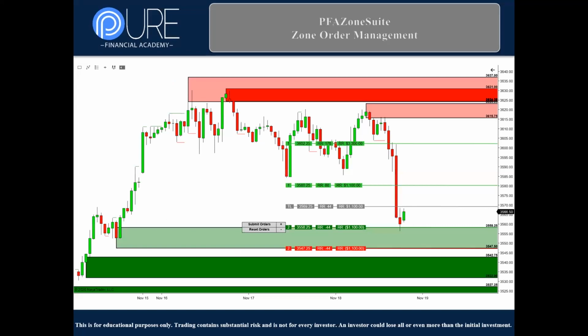So next we'll look at, as I mentioned before, the ability to submit orders directly from the zones. Now, to be clear with this, you can only do this if you have the zone suite. This part is not built into the order suite because the order suite doesn't contain the zones, right? It doesn't contain all the extra functionality. The order suite is to focus on order management. Then the zone suite is all the additional tools, if you think about it that way, okay? But again, what you can do is submit the orders with the click of a mouse directly from the zone in and of itself, right?